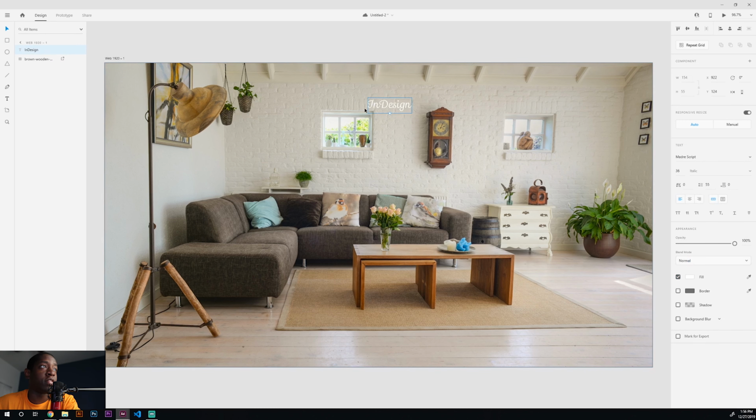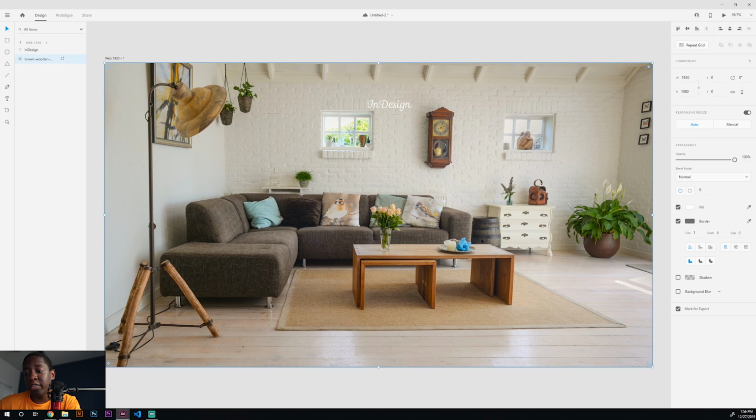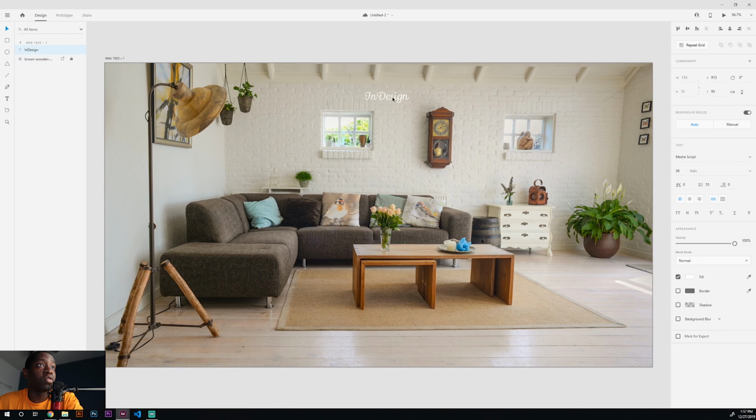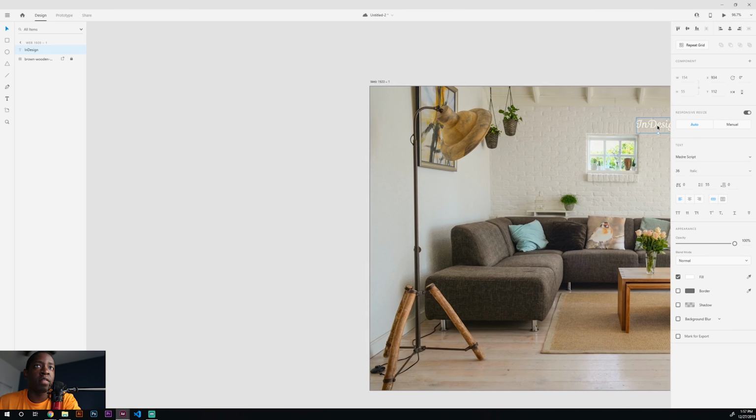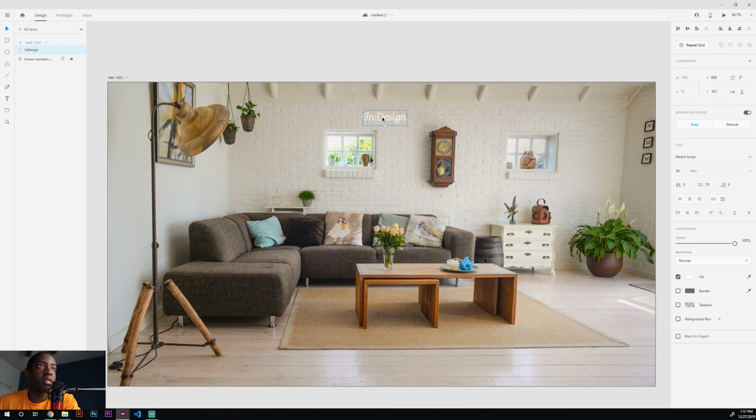Font size 36. We're going to lock the backgrounds since we're not going to be moving that anytime soon. To lock is Control L. So we're going to drag that up there. A lot of people like to work off to the side, but I can't really see that, so let's keep it there. So the name's going to be InDesign, and just to keep it simple,